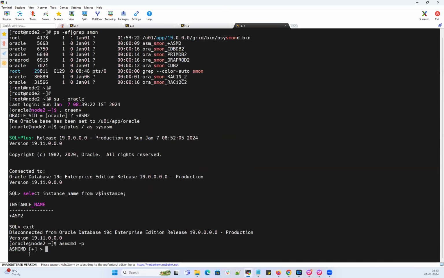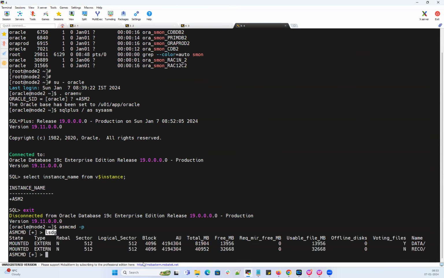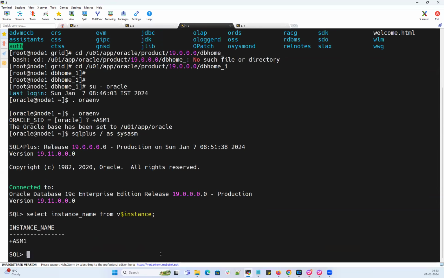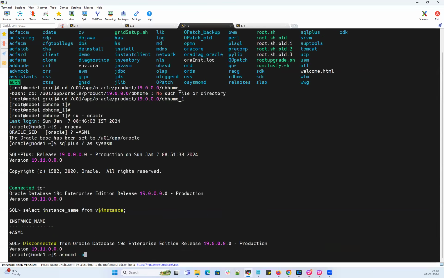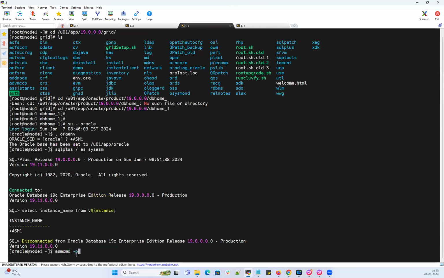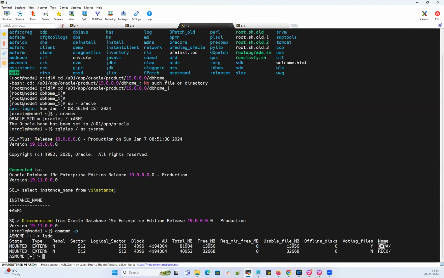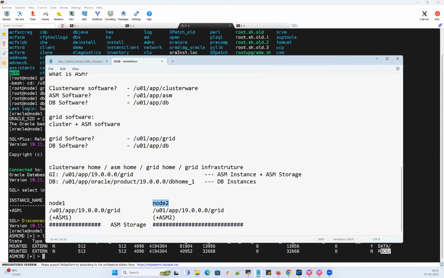The moment I run asmcmd -p, that takes you to the ASM command line. Just run lsdg, which stands for list disk group. It says I have the data disk group and the reco disk group. That is on node 2. I have connected to node 2 running asmcmd -p. If I go to node 1 and run the same command, asmcmd -p, again that takes you to the same ASM command prompt. If I run lsdg, again I'll get the same thing, data and reco,